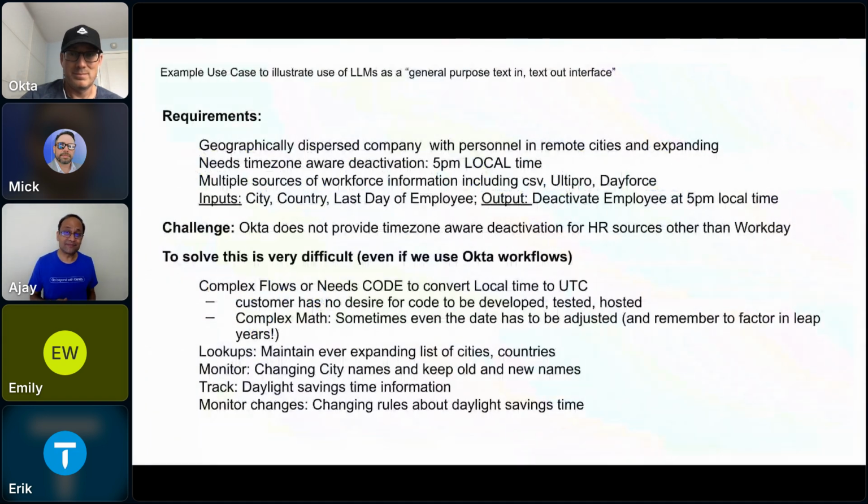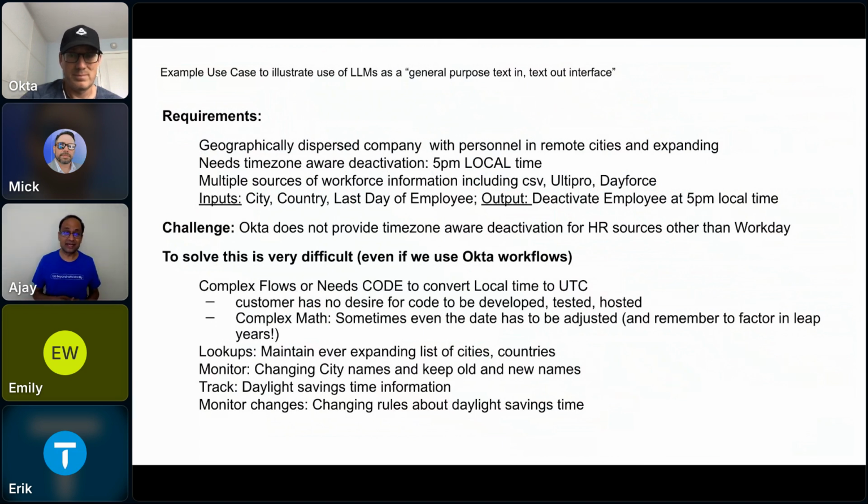The first example is where we use an LLM as a general purpose text in, text out interface. So think of it like an API that accomplishes a lot with really no work on your side except to invoke the API. And the use case here is time zone conversion. It's actually a very complicated problem to solve if you were to write code for it.